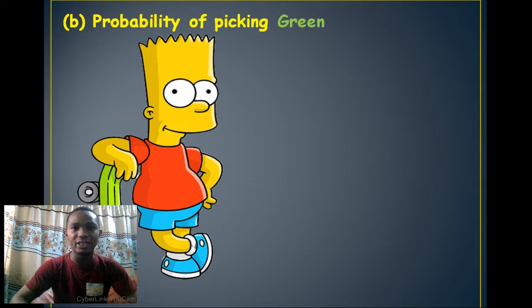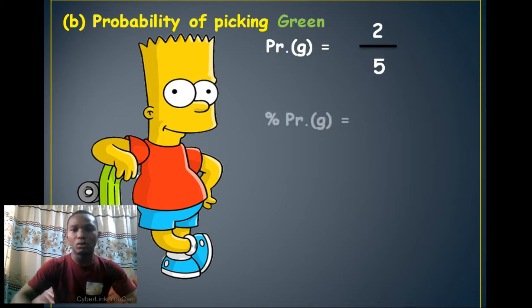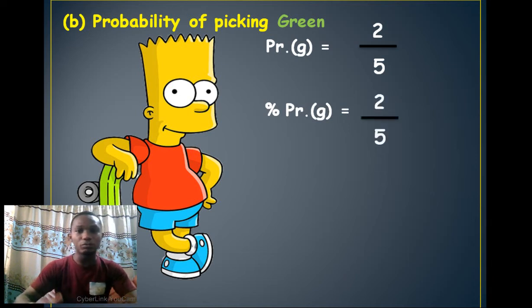Probability of picking a green ball. We have the probability of picking a green ball is equal to 2, because we have 2 green balls, divided by the total outcome, which is 5, right? Okay, then the percentage probability of getting a green ball will now be equal to what? The 2/5. That means the probability of getting a green ball times